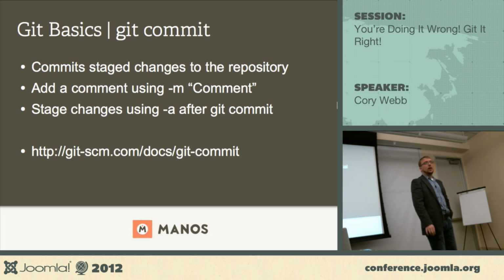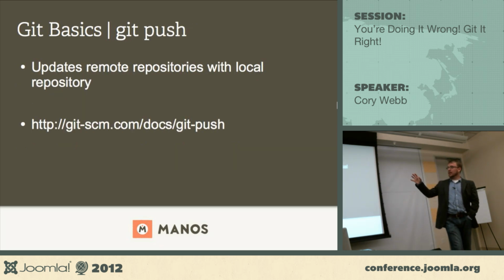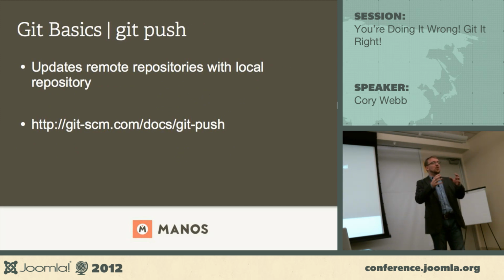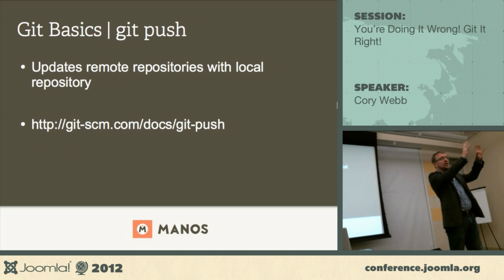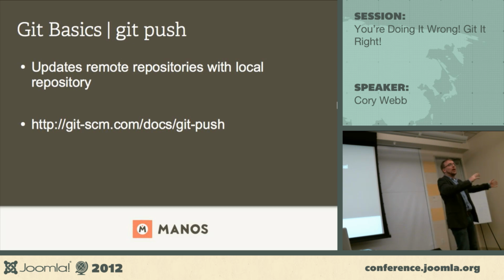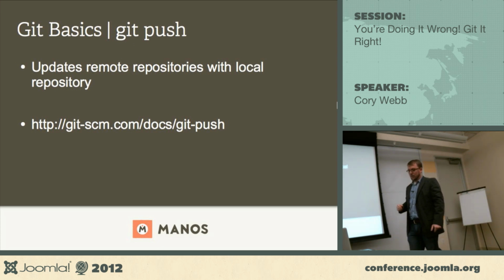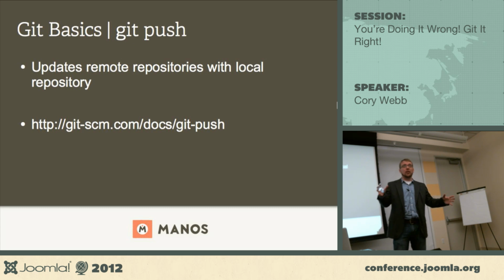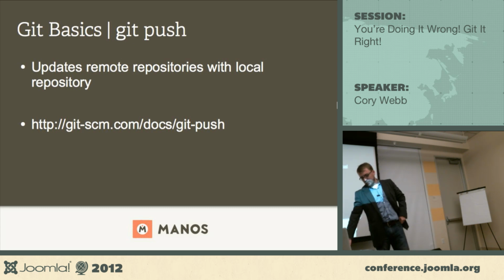Git push. What the git push command does is, you've got your local Git repository that you're working in, and once you've committed your changes, you push those changes out to the remote repository, okay? The remote repository being the one that everybody else has access to. Everybody's pushing and pulling from that remote repository, and ultimately, the goal is everybody's copy of the repository is identical once everybody's done their pushes and pulls.